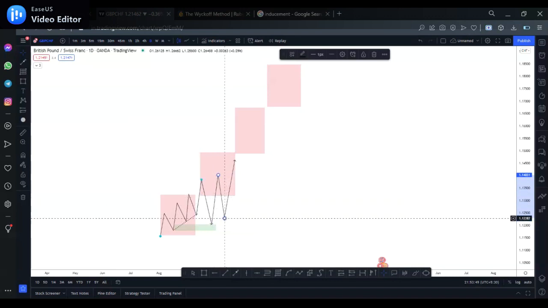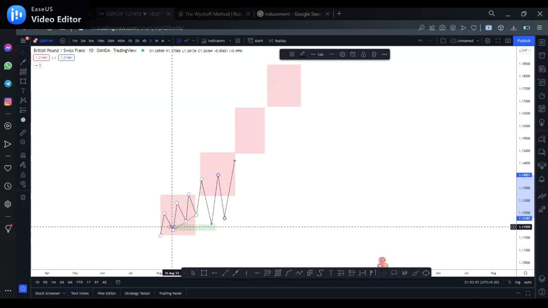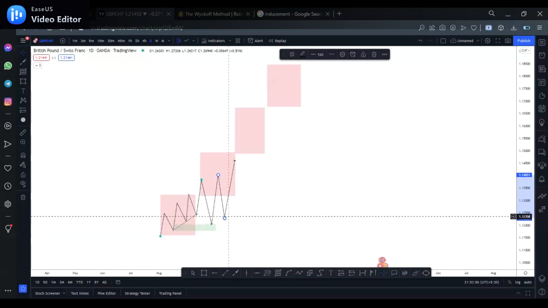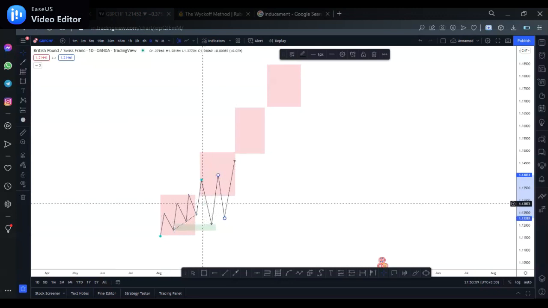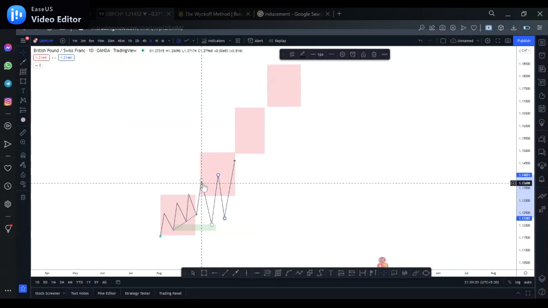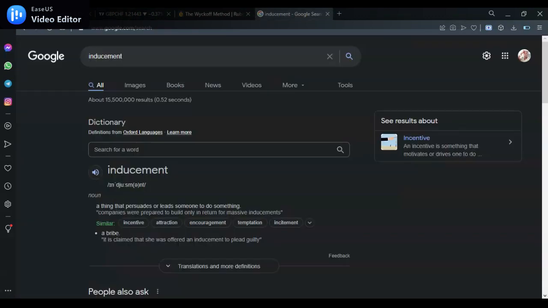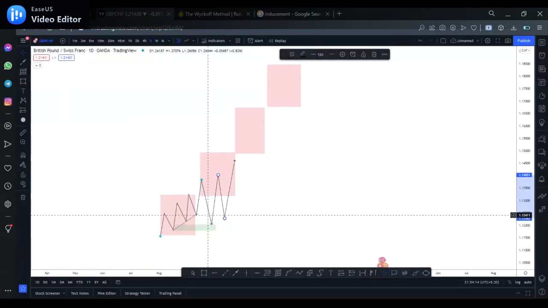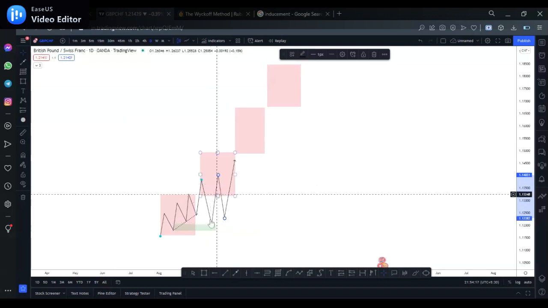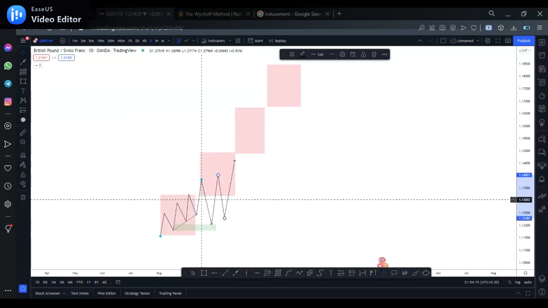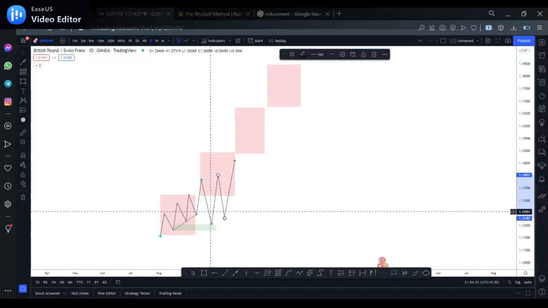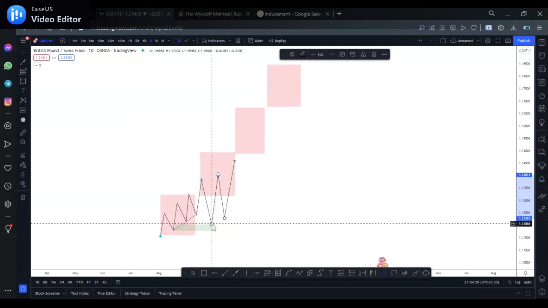But then using the law of supply and demand, you understand that this range wasn't completely cleared out. So, what was the inducement in this market right now? The inducement which got buyers or retailers into this market currently, this range, was because of this movement. Like the meaning of inducement which we saw here: a thing that persuades or leads someone into doing something. So, this movement was what led buyers into this market. This impulsive move back up was what persuaded the buyers into this market. So this becomes the inducement.